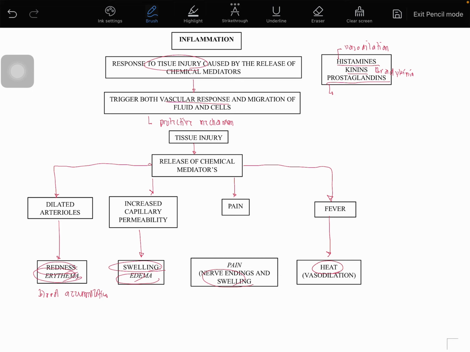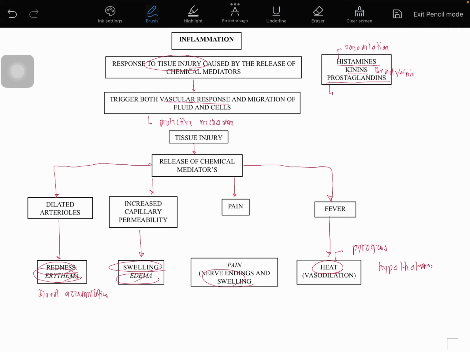Bakit nagkakaroon ng heat? It's because of your pyrogens na tinatawag, di ba? I know for the fact that you've already discussed kung ano yung pyrogens na yan. These pyrogens, okay, are actually substances that produce your fever, di ba? Okay, wherein it actually interferes dun sa mismong temperature regulating center in our brain. Ano ba yung temperature regulating center in our brain? It's your hypothalamus. Okay, and that is your tinatawag na 5 cardinal signs of inflammation.